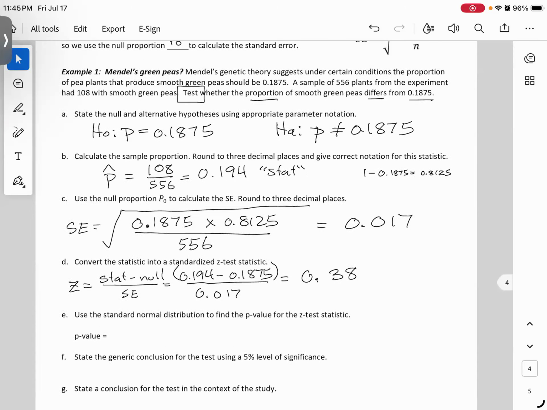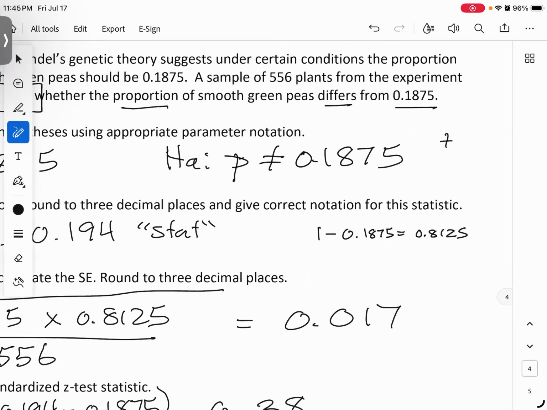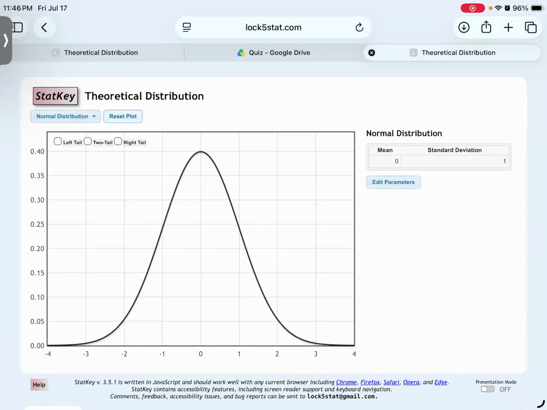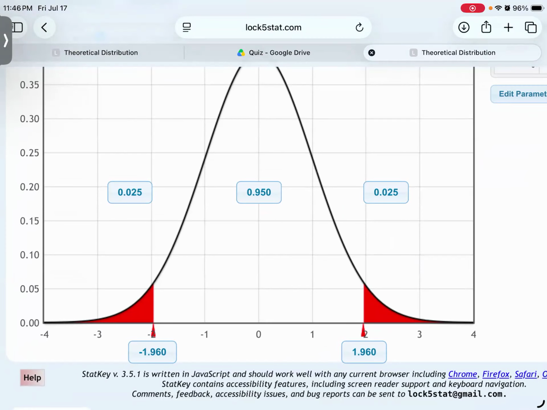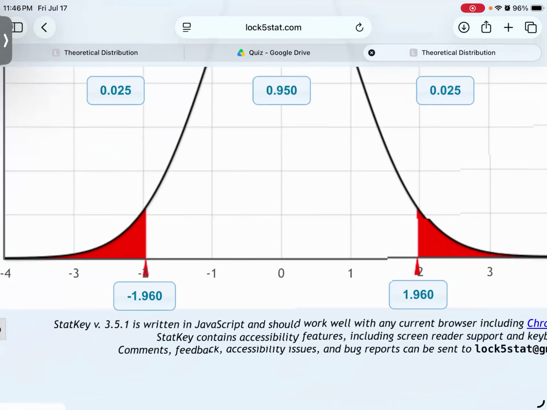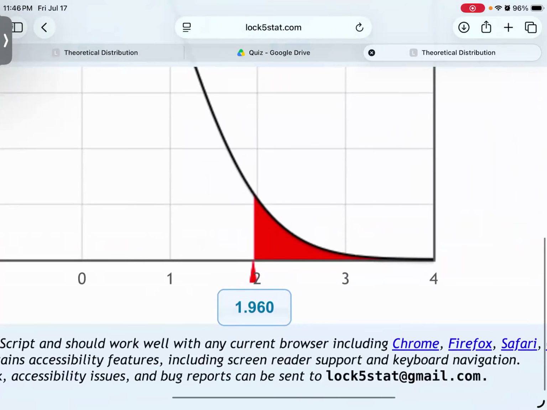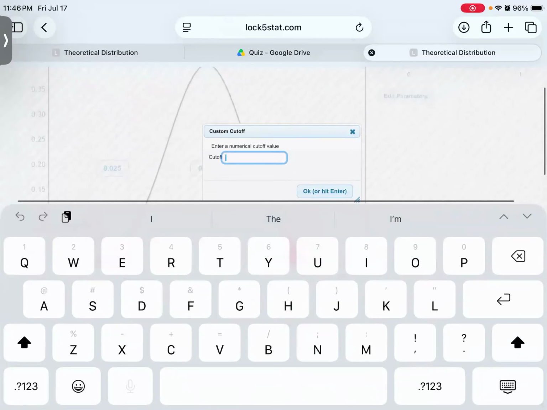So, real quick, we're doing a two-tail test. So remember, for two-tail tests, we have to make sure that with the p-value, we do the times two. But let's go over there to the normal distribution. I'm just going to wipe it clean and do two-tail. And then at the bottom, we've got negative numbers, we've got zero, we've got positive numbers, and it's right here on the bottom right that we're going to put the 0.38. I just went and touched there, and right there I'm going to put